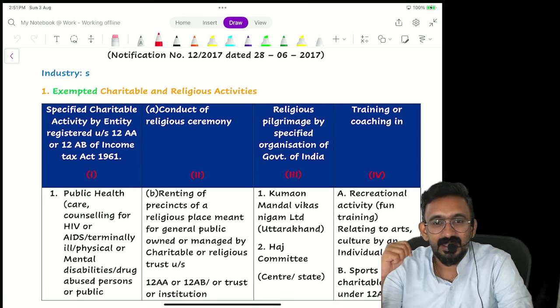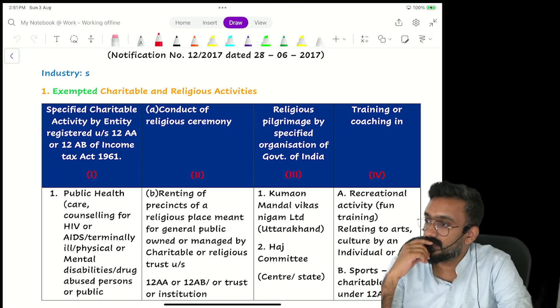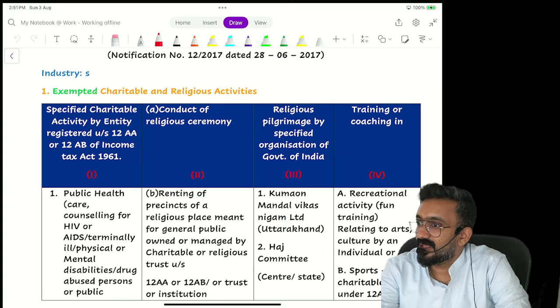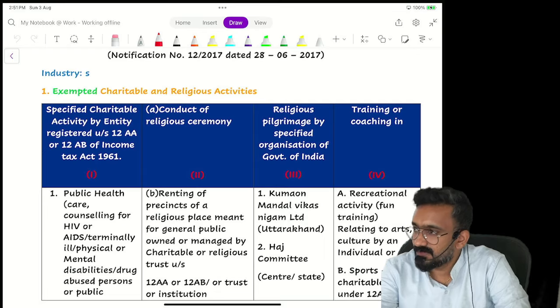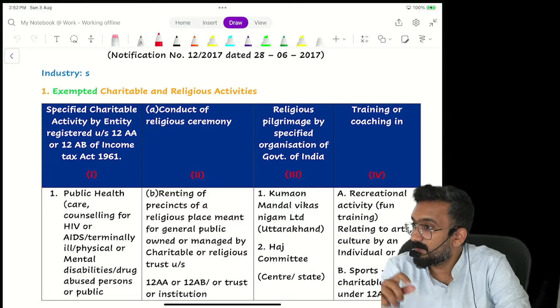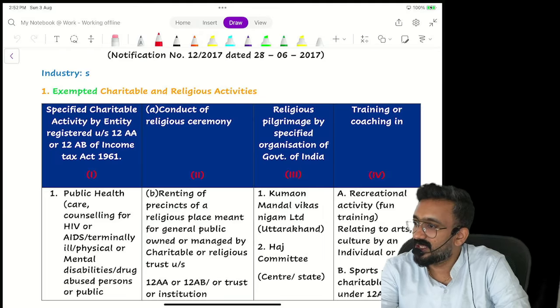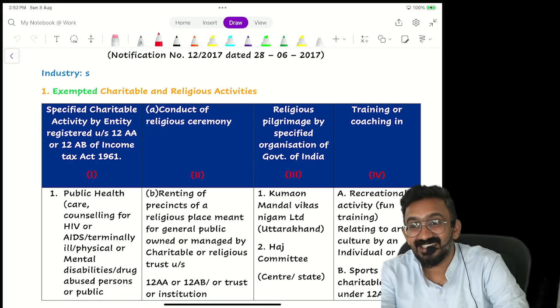We'll look at it. Some exemptions are specified supplier exemptions. What is the meaning of it? They would say this supplier, whatever activity they do, will be exempted. There are exemptions like that. For example, foreign diplomatic missions located in India, embassies. Their exemption wording is like this: services provided by a foreign diplomatic mission in India are exempt. So a foreign diplomatic mission in India, if they start a canteen also, will get exemption. There are exemptions like that.